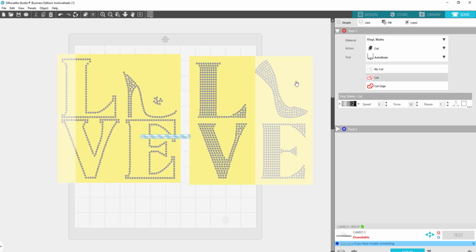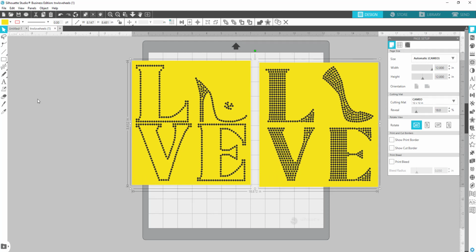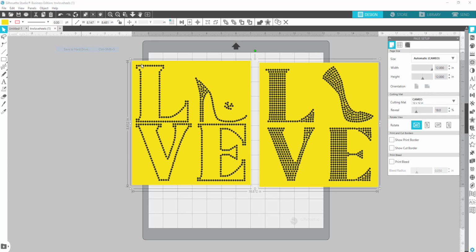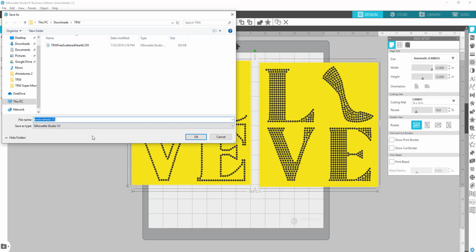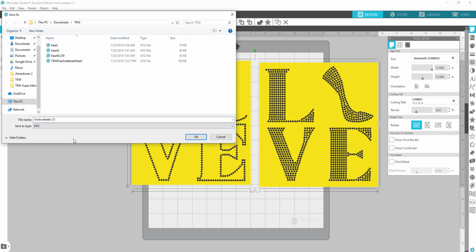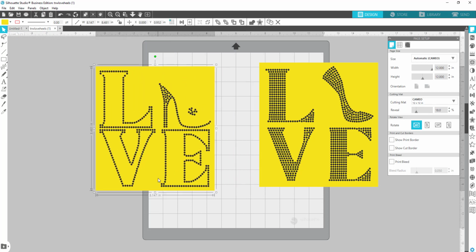The problem is, let's go back to design. Let's select both of these and go to File, Save As, Save to Hard Drive. I'll name them, oh, it's already called TRW Love Heels. So I'm going to change that to SVG because we need that for our Cricut machines. And one thing I do want to do is, I'm going to say cancel that for a second. I just want to know the size of one of these. So it's